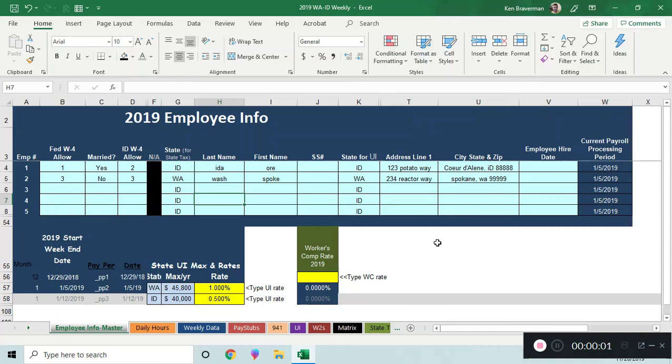Hello there. If you're interested in learning about how payroll withholding tax is calculated for the state of Idaho, beautiful